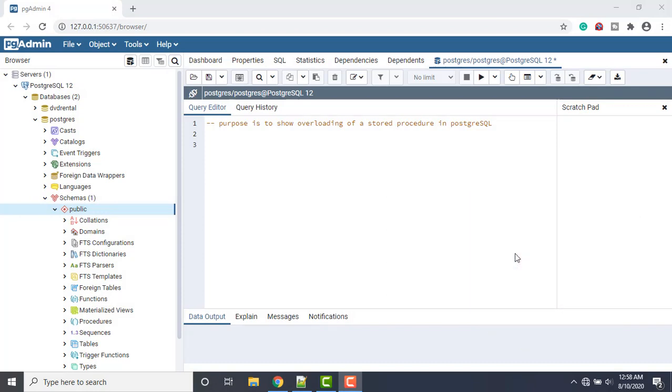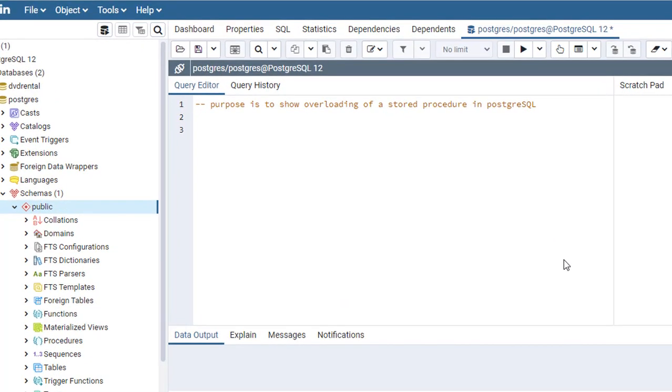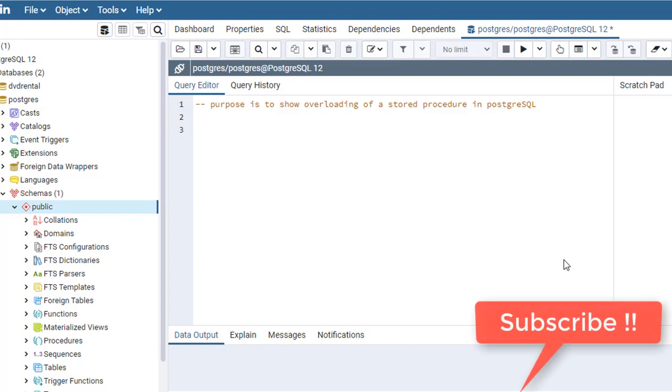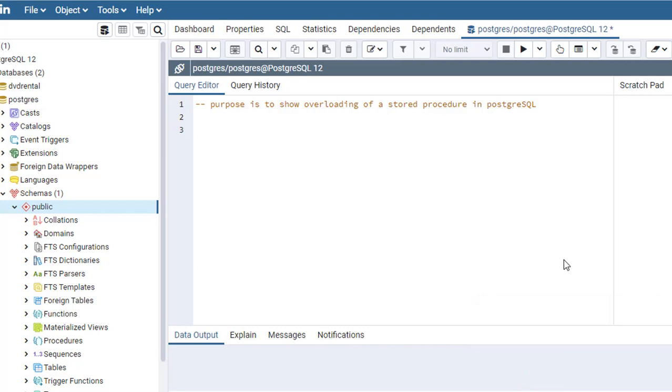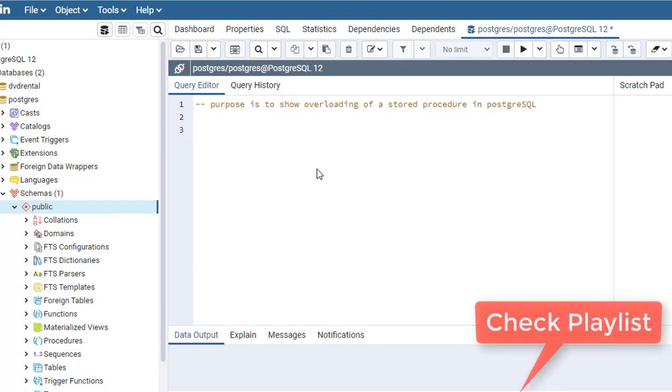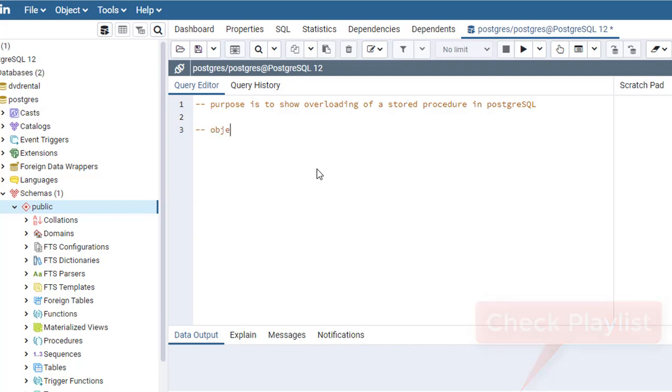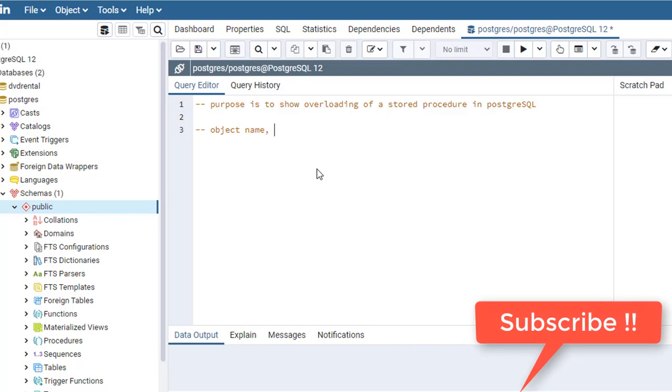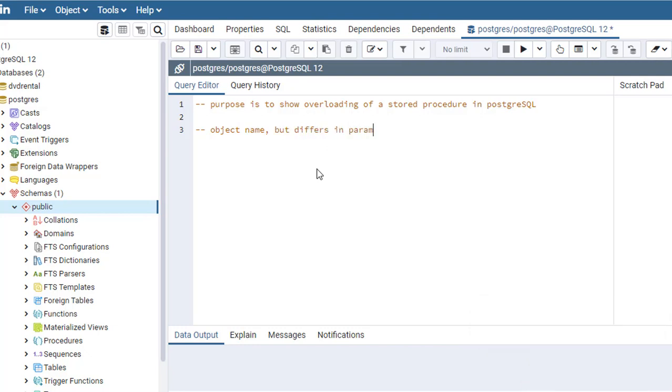In this video I will show you how overloading of a stored procedure works in PostgreSQL. For that you must know what stored procedure overloading or function overloading actually is. This is the case when the function name or object name is the same but it differs in the parameter list.